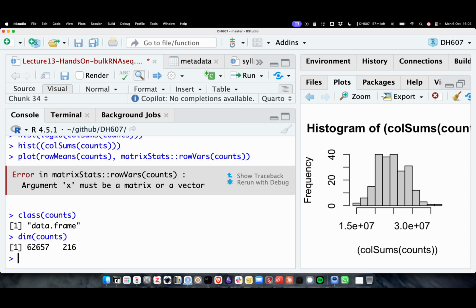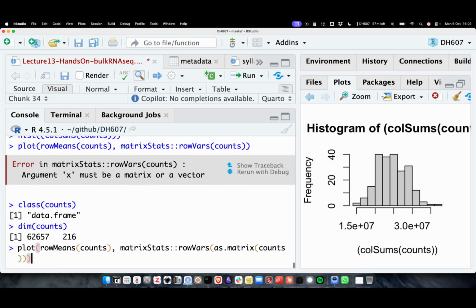And what I want is to calculate the row variances, the variance displayed by each gene. So what I could do is cast this as a matrix. It's not an unintuitive function. It's called as.matrix, which means cast my data frame as a matrix. And if you run this,